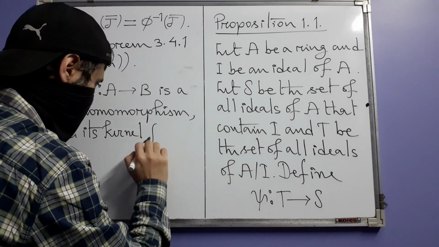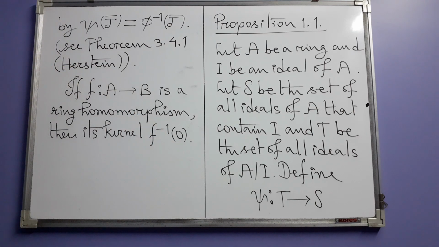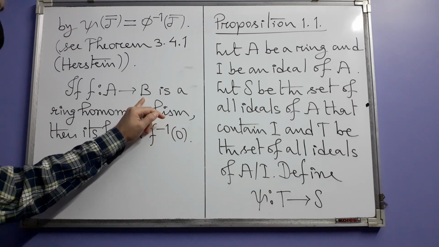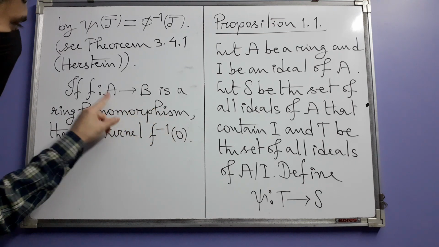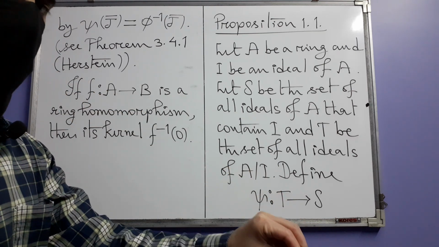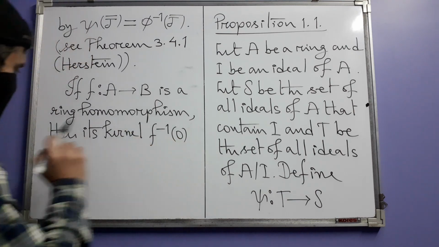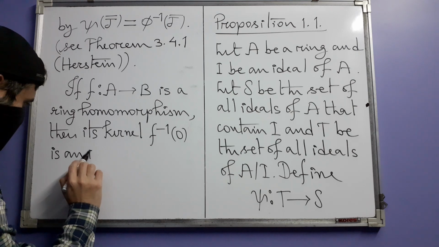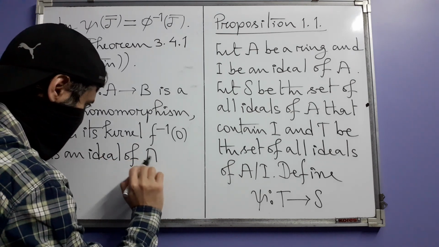It is the inverse image of 0. 0 means, of course, the 0 element of B. In other words, this is the set of all the elements of A which are mapped by f onto the 0 element of B. That is the definition of kernel, and we also know that this is an ideal of A,